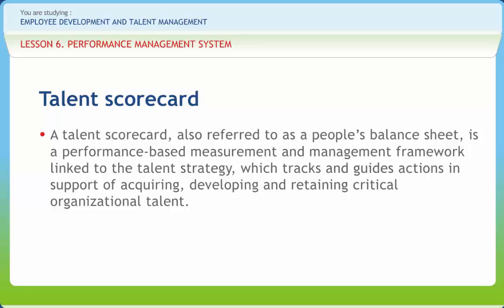A talent scorecard enables decision makers to get a quick read on the current situation and helps them to determine where action must be taken to ensure that the organization meets its desired talent and business goals. The scorecard focuses on the core elements or categories that matter most to achieving the talent strategy. A typical talent scorecard is usually a single landscape document that details performance categories, targets, metrics, achievements against targets, and timelines.